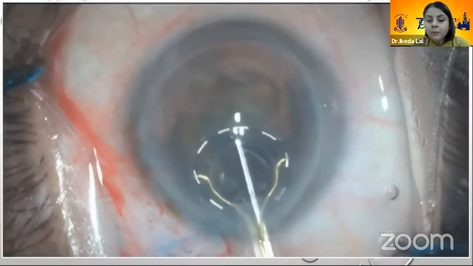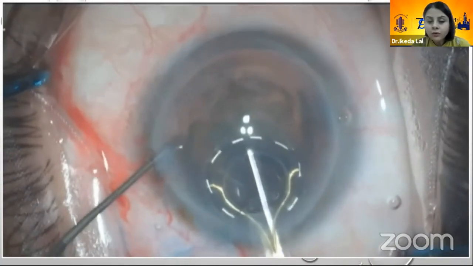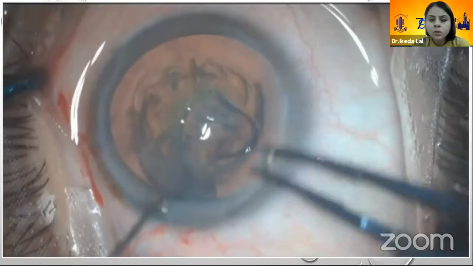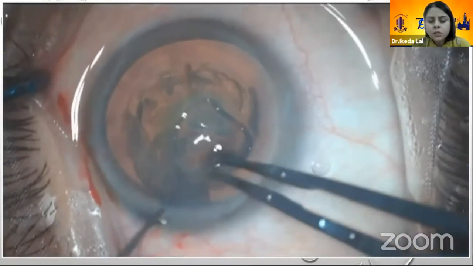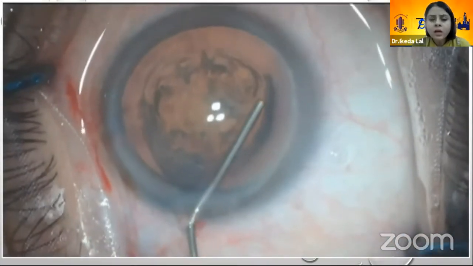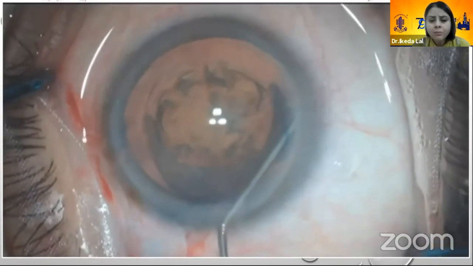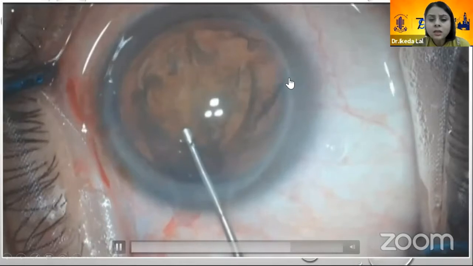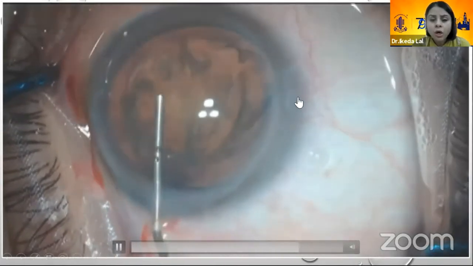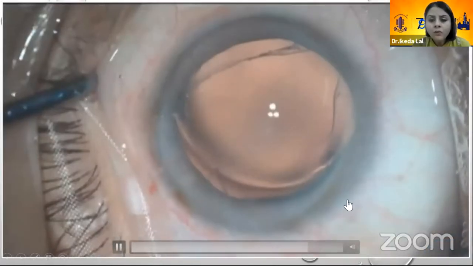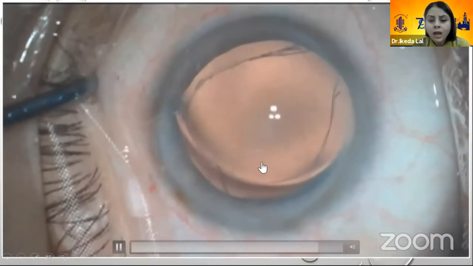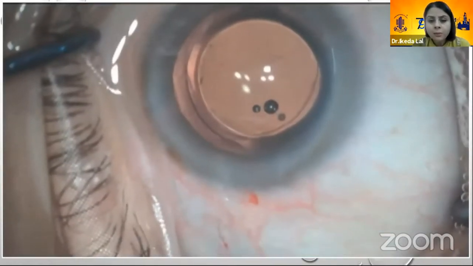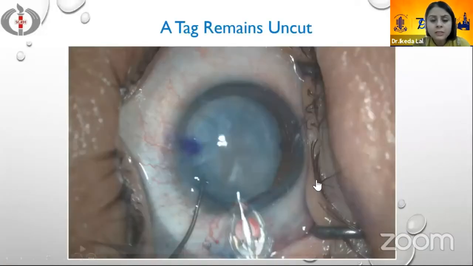So again, by the end of this, I have removed the Zepto device, and it looks like we have a nice round capsulorhexis. But notice here, as soon as we go ahead with our hydro procedure, we tent up the capsule and we push in the fluid. This anterior capsule just gives way and it tears. So this probably happened because of overinflation of the bag. And this is what the capsule looks like at the end of the surgery. This is the IOL in place. So this can happen with this device.